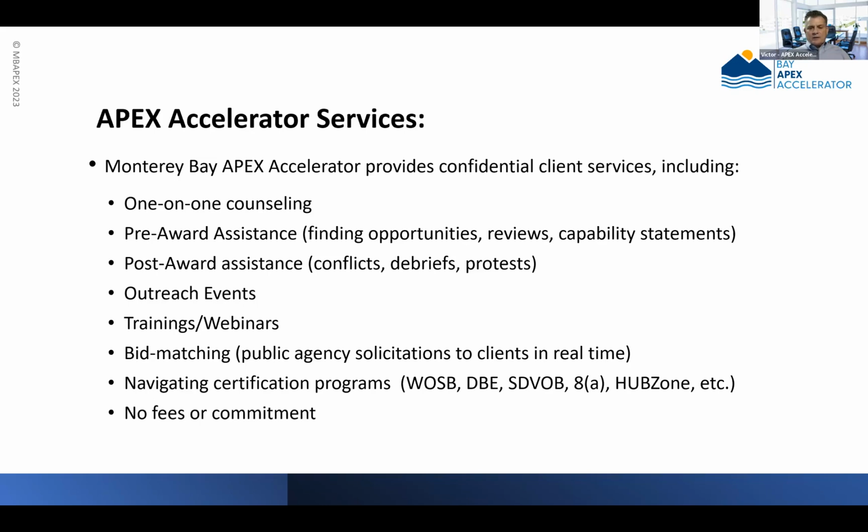So we talk to you a little bit about whether they make sense for your business or not, the qualifications that are required, and the supporting documents that typically are requested in the process. The great thing for us is that there's no fees or commitments. We're your tax dollars at work. So utilize our services, because the only thing it costs you is your time, and we're here to